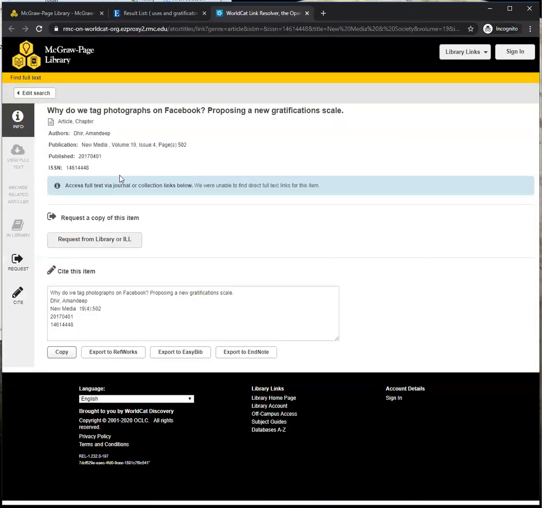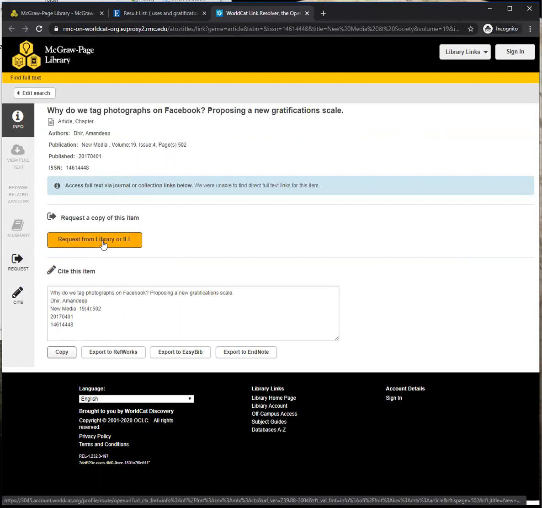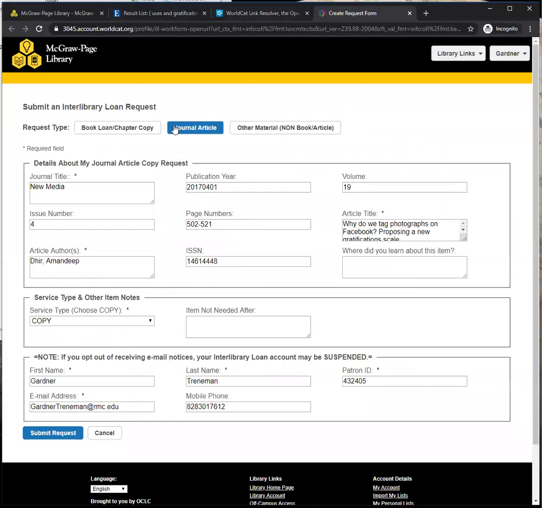So what happens is we don't subscribe to this journal. We can't subscribe to every journal that's out there. We just don't have the money for it, okay? What we do provide is a button right here, Request from Library Interlibrary Loan. If you click on that, it'll go into the interlibrary loan system, which you already have an account for, and fill out a form for this journal article. It already knows it's a journal article with all the relevant information. You don't even have to type a thing, and hit submit. And when you hit submit, the system will go out and find an institution that has a subscription to this journal and email you a PDF of this article. Wonderful. It may show up today. It may show up tomorrow.